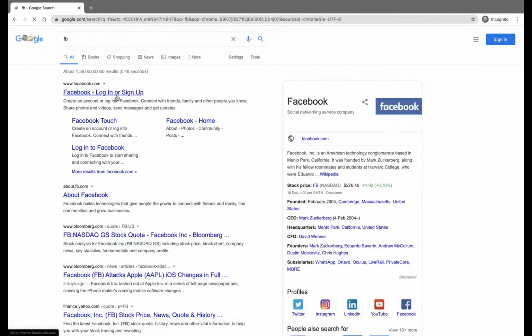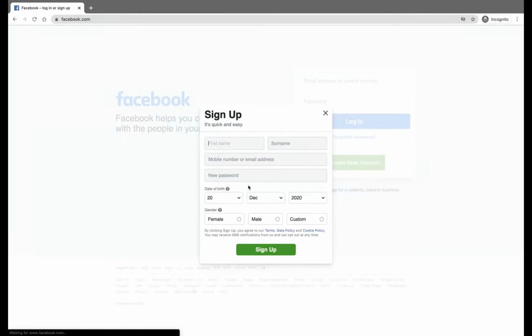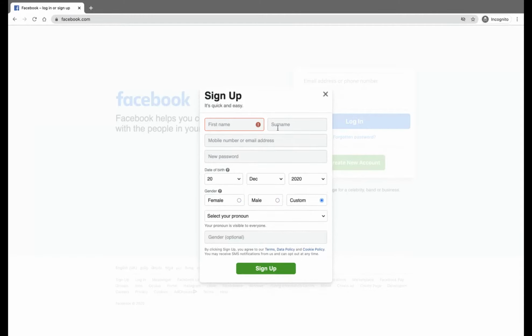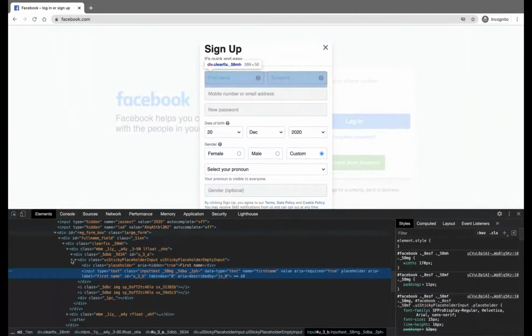You can go to any form and think about what tags they use here. Create a new account, go to this, and see what kind of tags they use. If you have a doubt, you can inspect and check what they have used. It's input type equal to text, and they have given a placeholder. Don't get confused by the other things, I'm just telling you what kind of tags they have used.